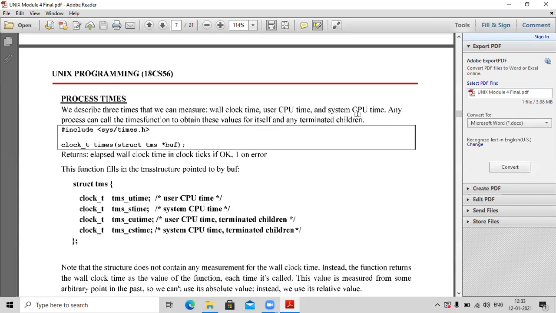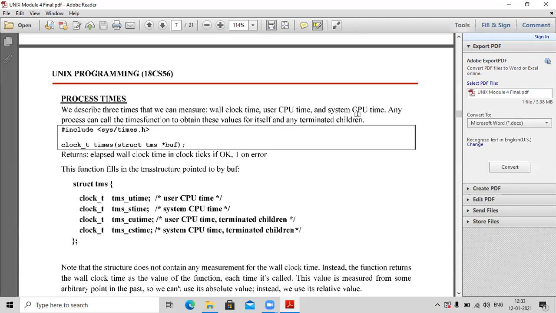Your system CPU time represents how much time your process spent while executing with respect to the operating system. That means your process needs to get the resource allocated. So your operating system will use some scheduling algorithm to allocate a process to a resource. At that particular point of time, your process will be with the operating system.